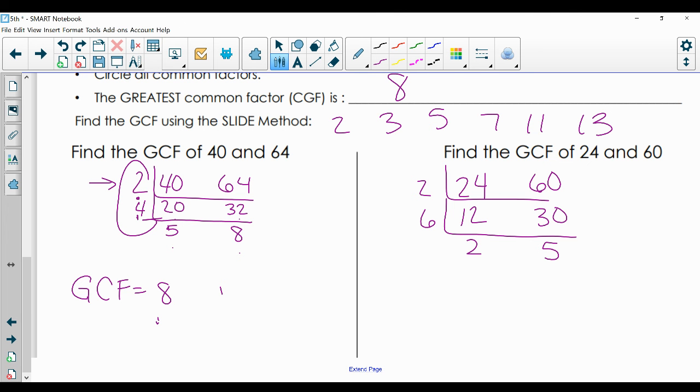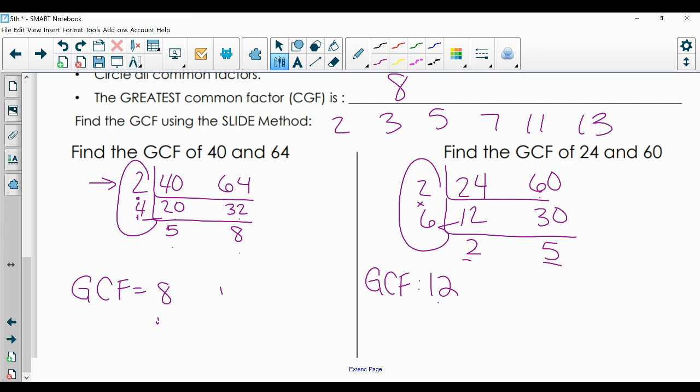So that means, will 2 go into 5? No. Will 5 go into 2? No. That means you're done. So you would draw your G, and your GCF is 12. You can check your work. 24 divided by 12, your GCF, gives you 2. 60 divided by your GCF should give you 5. Can we do it the other way and do 24 divided by 2 and get